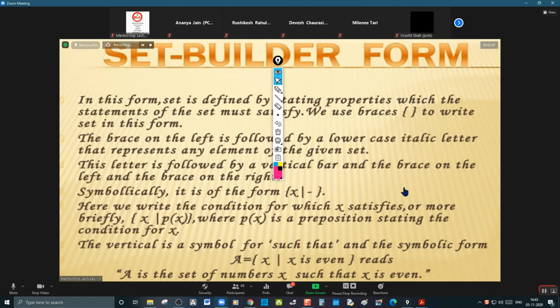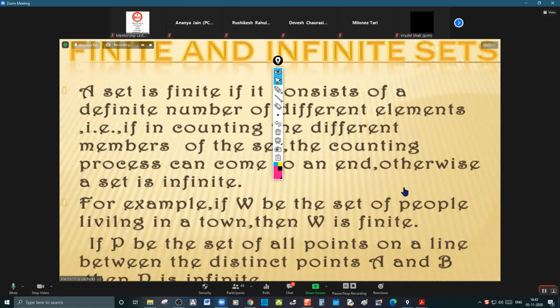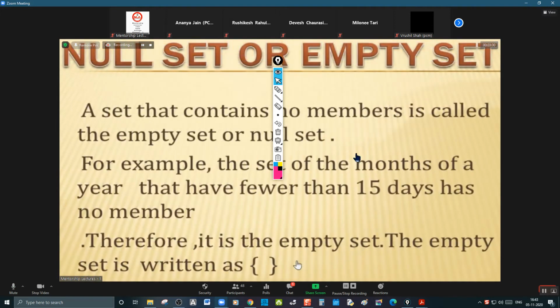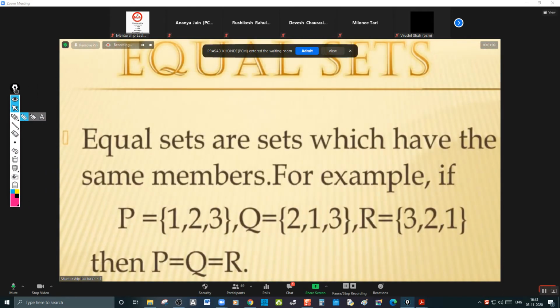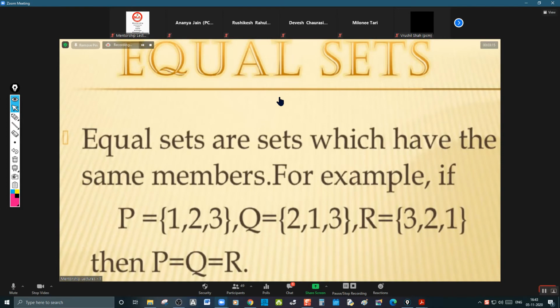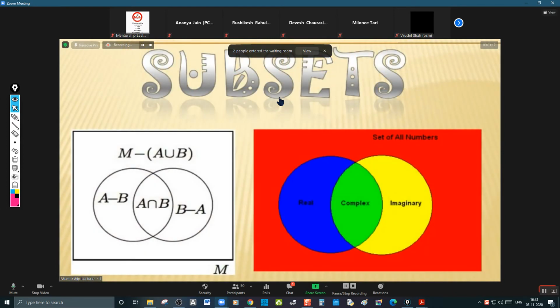Now, sets, relations and functions is the topic we are going to learn. In that, the first one is sets. First of all, the word set is most generally used, and whatever the mathematical word is, if you see its literal meaning, then obviously you can understand what exactly it is.